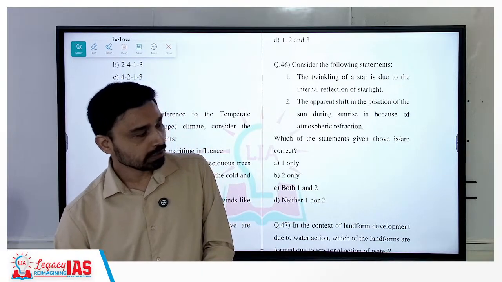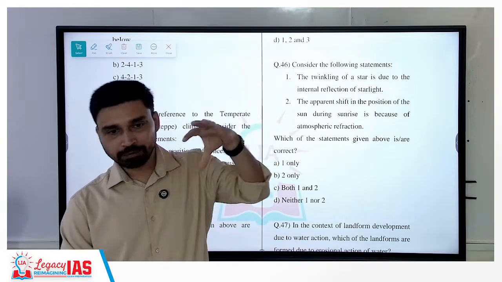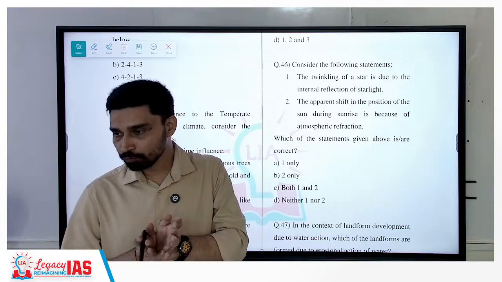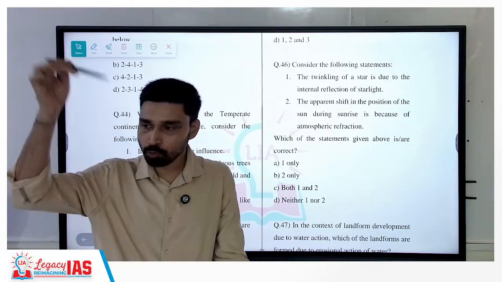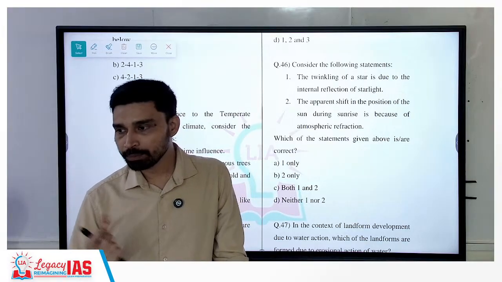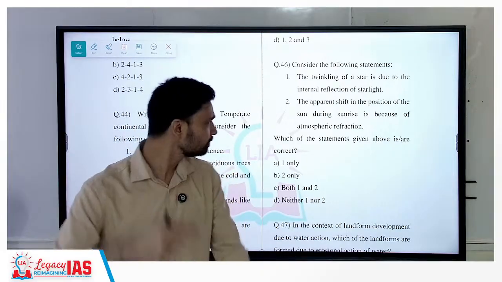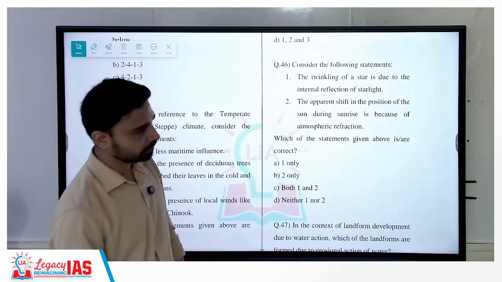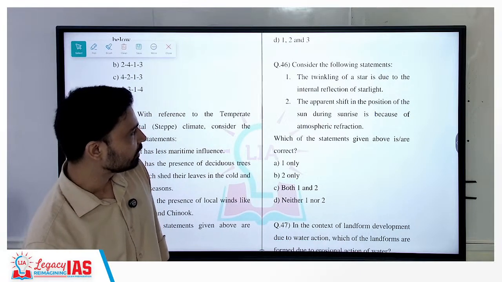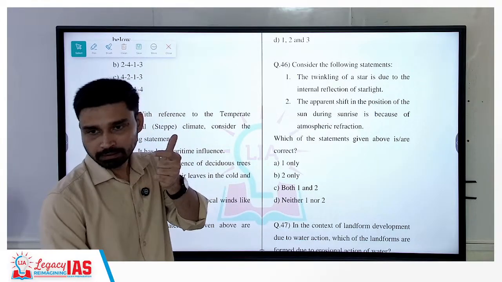So atmospheric refraction, because see, when the light enters the atmosphere, you have the colder air and then you have warmer air near the surface. You are in the warm air zone, for example. So when the light passes from cold air to warm air, density changes. If density changes, what will happen? Bending you will see. That is why refraction happens. So due to this reason, basically twinkling is observed, right? So warm and cold air, because of the difference in temperature, difference in density. Then we have, because twinkling basically is, what is twinkling?